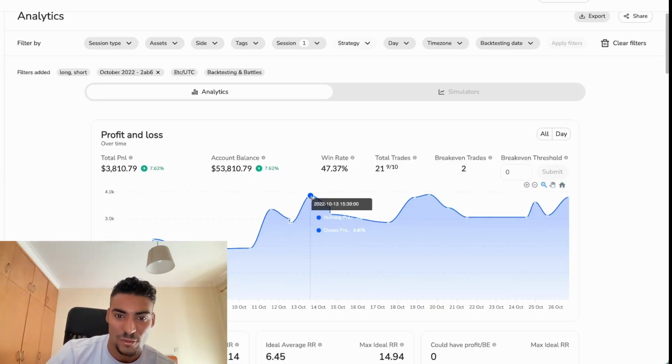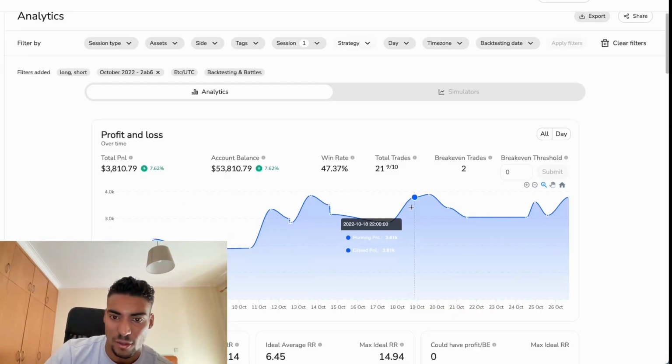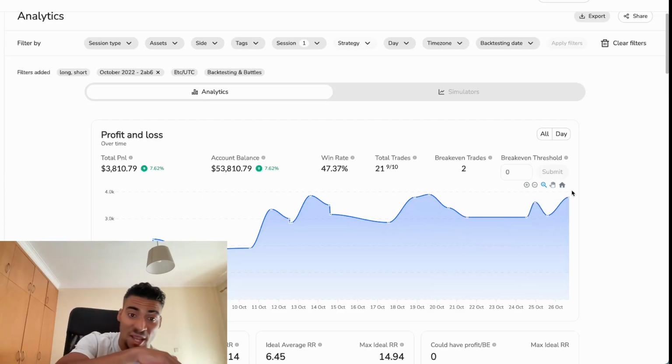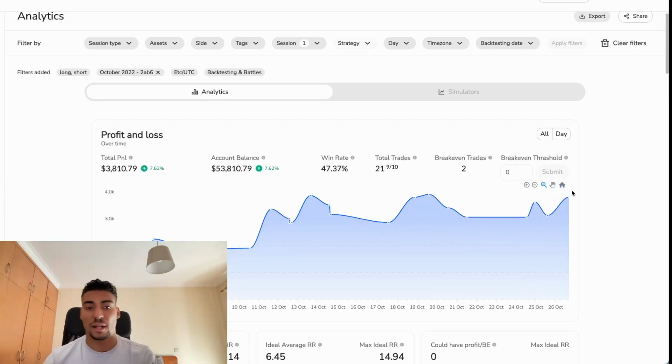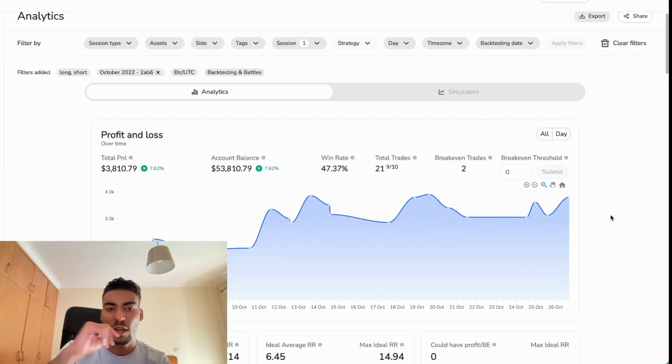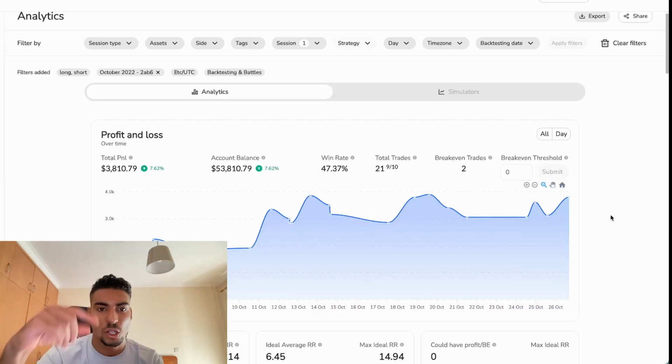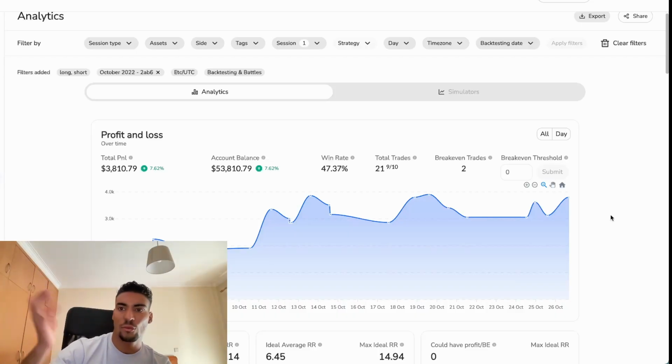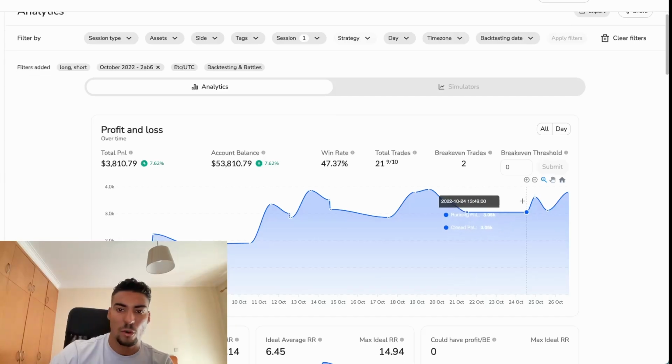We got the first week, which was 3.8k up. Then we made some mistakes. We were 3.9k up, then down, and now we were up 3.8k. So pretty much we were break even after the second half of the month, or third half. A lot of mistakes, as you guys saw, a lot of break even trades that were mistakes, a lot of stops. One of those trades that I would have gotten lucky on, like 1 to 4 or 1 to 5, that you guys saw, would have made me way more positive on the account. But again, this is backtesting. You learn from mistakes.